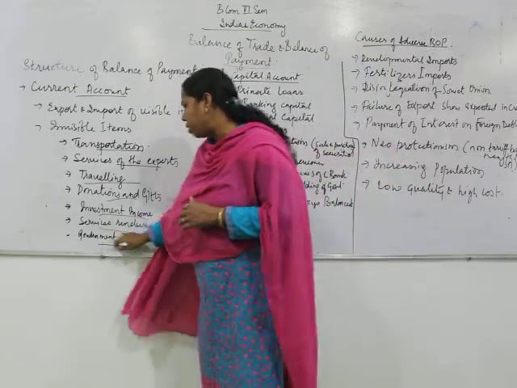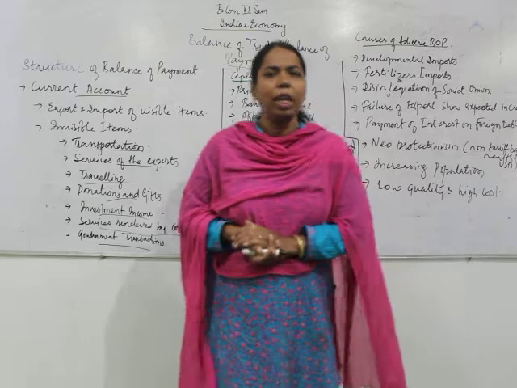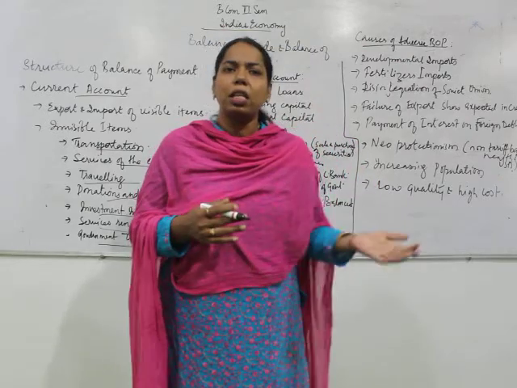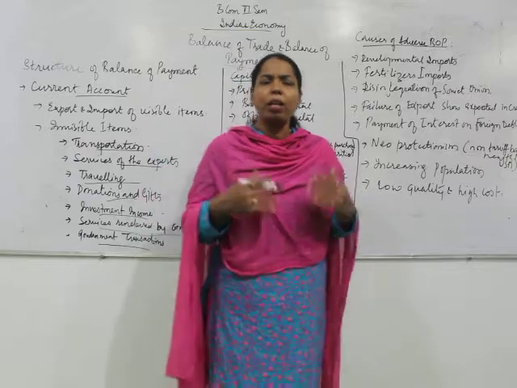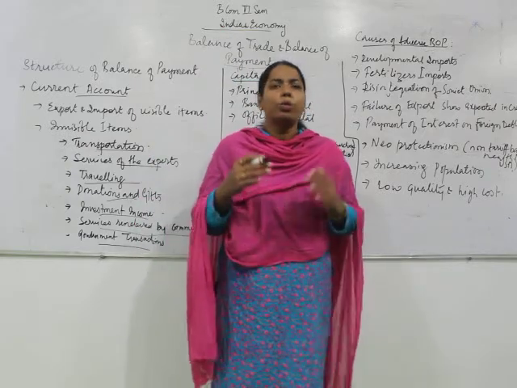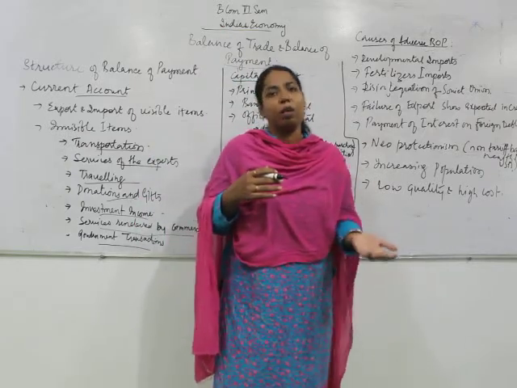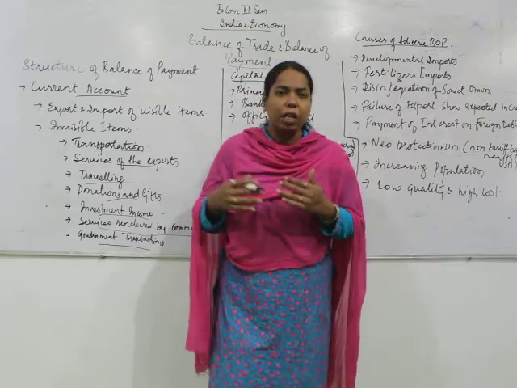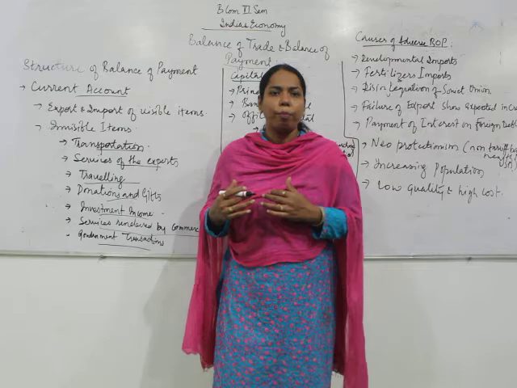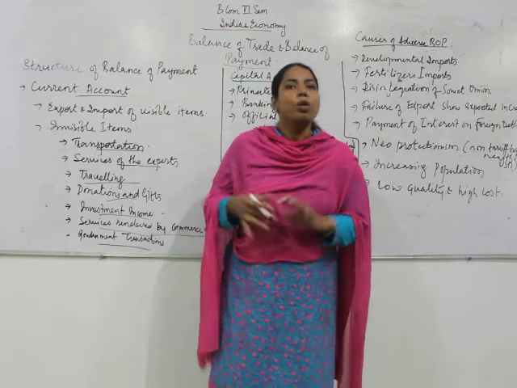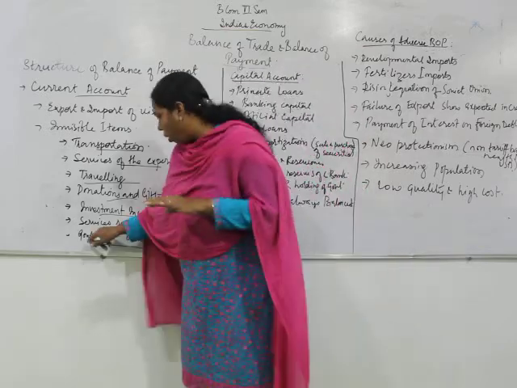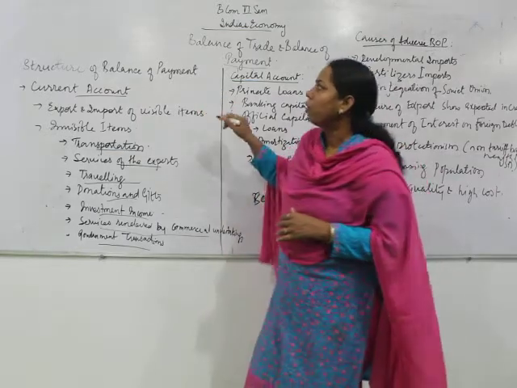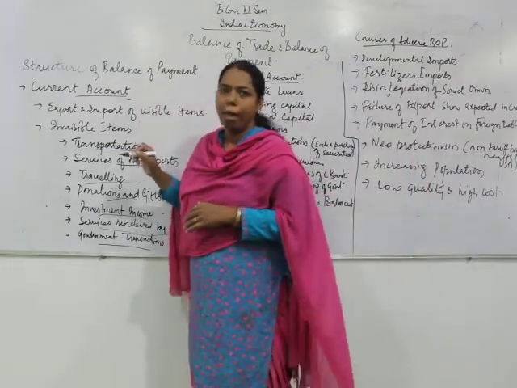Similarly, the government transactions: as I told earlier, we have to situate our embassies and high commissions in other countries. A large number of employees work there, so we have to make the payments to them. Similarly, other countries' embassies and high commissions are situated in our country, and they also make payments to their employees in the form of salaries. So that is part of the government transactions. These are the invisible items which are part of the current account of the balance of payment.